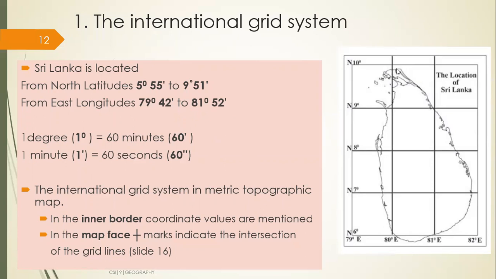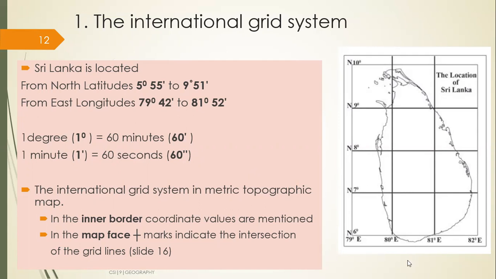So what are these minutes and seconds? That's not from the clock, of course. For latitudes and longitudes, to measure the distance of the latitudes and longitudes, we use degrees, minutes and seconds. That system has been given here. Then 1 degree will be divided into 60 minutes. 1 minute is divided into 60 seconds. In that way, here you will see